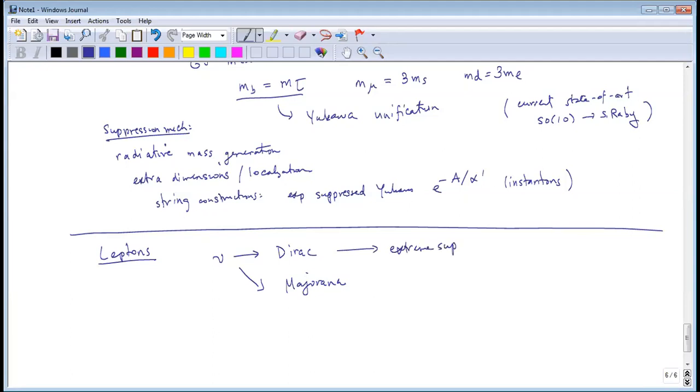But basically, you have to understand some extreme suppression in the Yukawas, okay? And furthermore, what I'd like to comment is that I think the Dirac case can be sort of most interesting